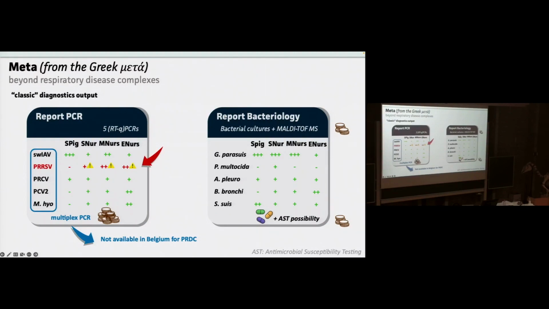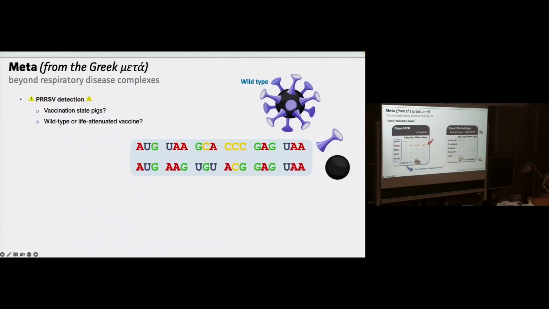Now, as you can see, there's an exclamation mark for this PRRS virus there. Why do I put it there? Because if you think about the human counterpart, if you get a flu vaccine, you get a live attenuated vaccine. That means the vaccine is alive, so it replicates, but it is no longer that virulent to yourself. The same is done for pigs, for PRRS, for example. So if you get a positive result, the question is whether you are detecting the vaccine or a real ongoing infection. Does this PRRS contribute to my coughing or sneezing, or is it just the vaccine